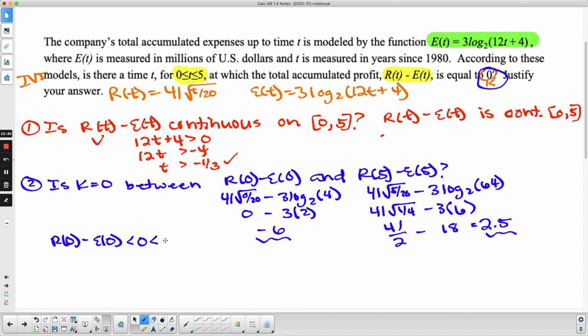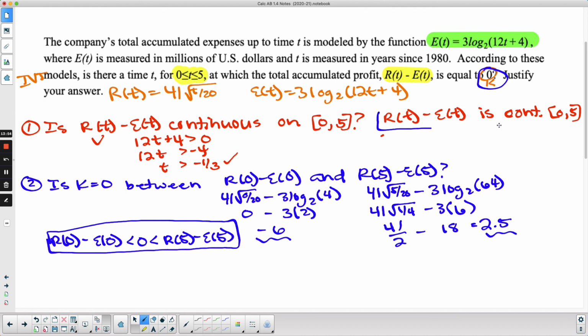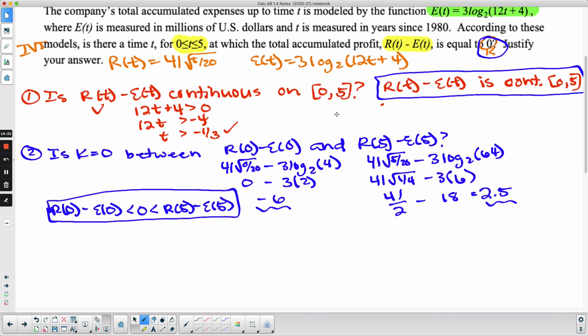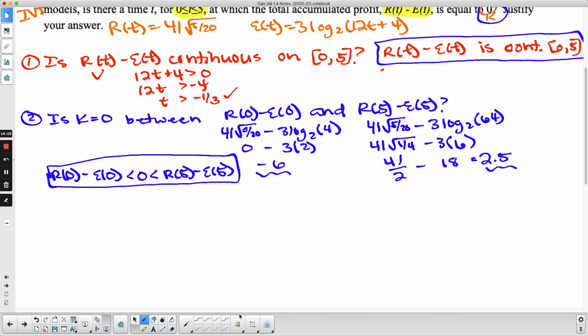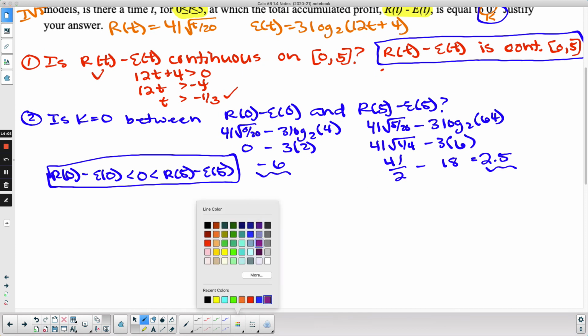And then 0 is less than R of 5 minus E of 5. All right, so we've got that. Our k value is in between those. We found that the function is continuous on 0 to 5. Next is to finally write our conclusion. So once we've shown those two things, we can then write